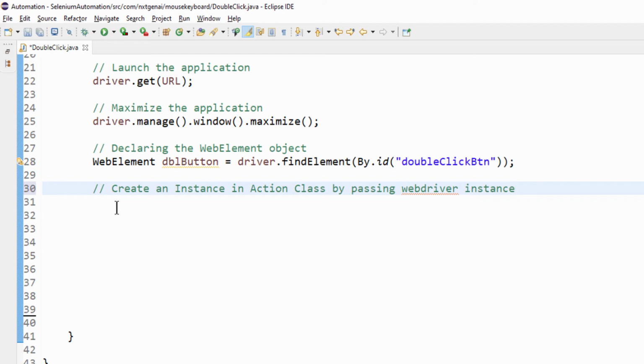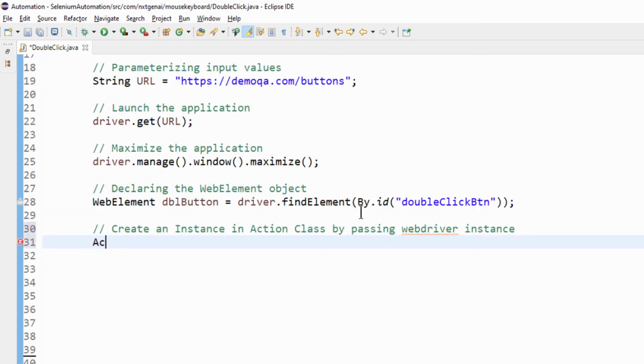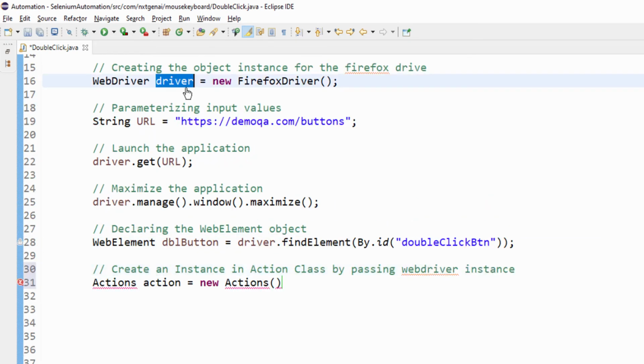The next step is we have to create the instance of the Actions class by passing the WebDriver instance. Actions class, object name, it can be any name but I am giving it as action, equal to new Actions constructor and passing the WebDriver instance, nothing but this driver object, semicolon.